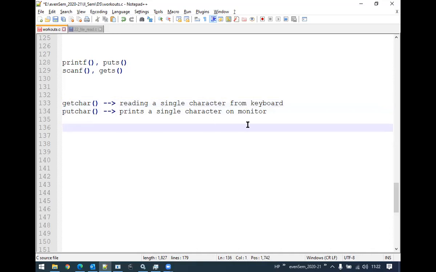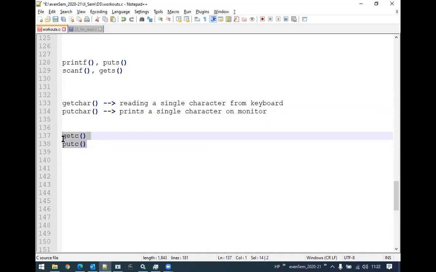Because we are going to implement the input output operations on the files, for which we use getc and putc. We know that getc and putc read and print a single character, so to support these operations we require functions which implement the same thing not on the files but on the keyboard.